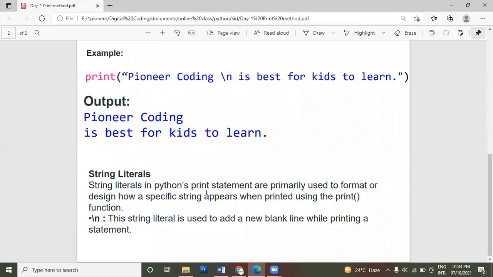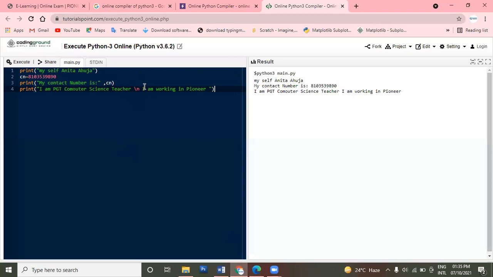String literals in a Python print statement are primarily used to format or design how a specific string appears when printed using the print function. \n, this string literal is used to add a new blank line while printing a statement, right? So let's go back to the compiler, and by using \n, let's see what difference will come over the output screen. Let's compile our program and check the difference. So surely we are waiting, and what we were waiting for, we got exactly that output, right? So the print method is used to print a message as well as to print the value of a variable. What more we can